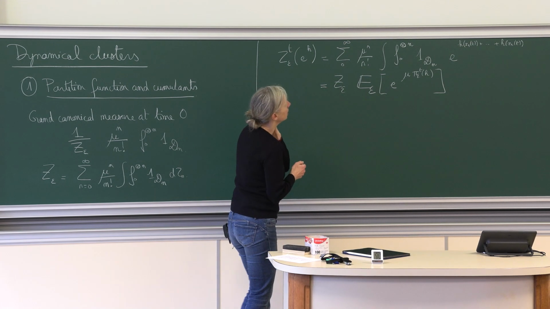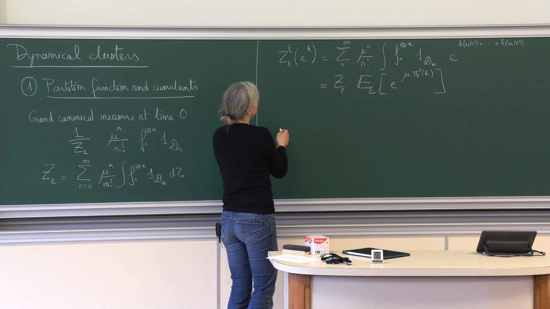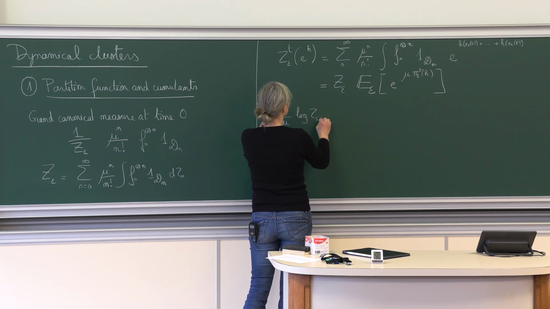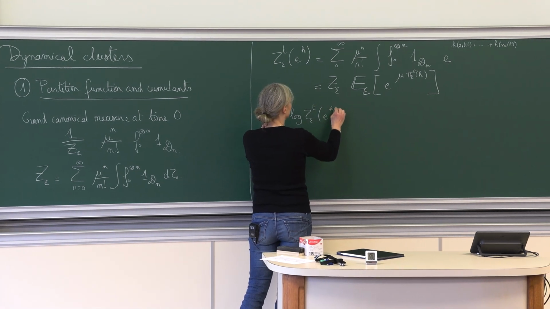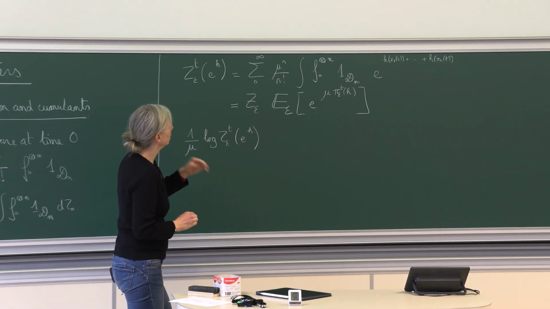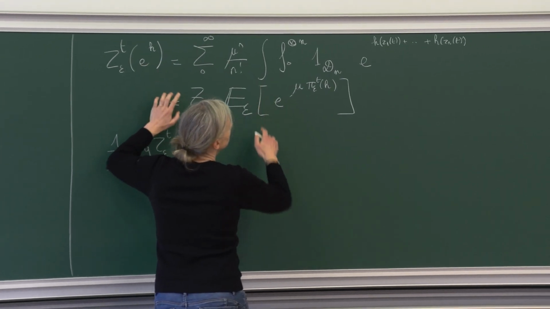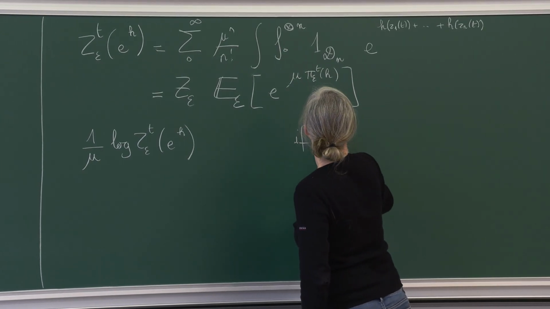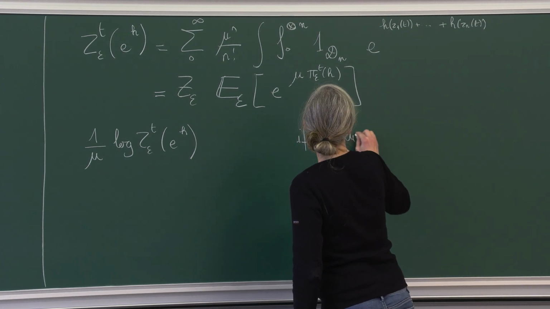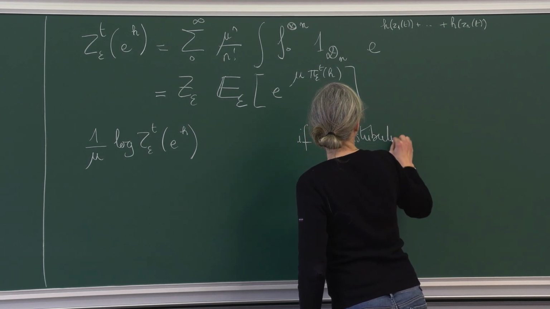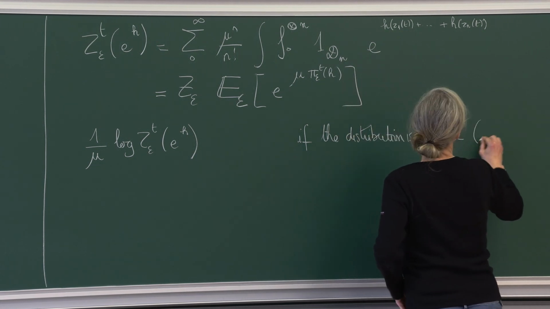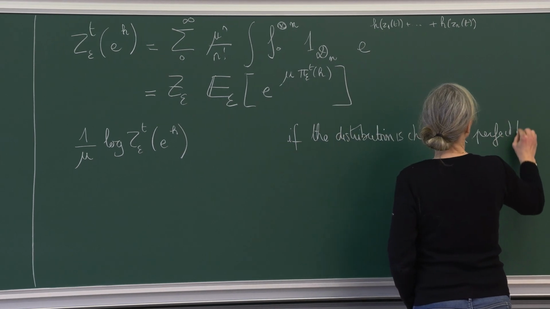And now the interesting quantity will actually be 1 over mu times the log of this quantity. So if you look at this quantity in the case where the distribution is completely chaotic, so a perfect tensor product,